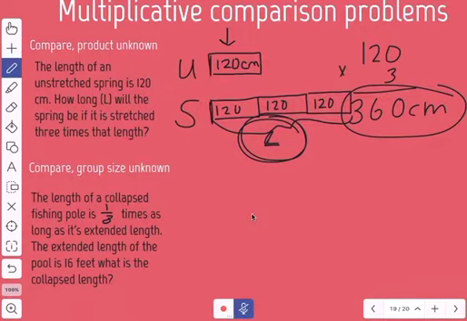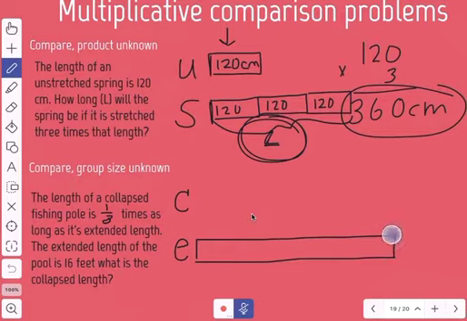We're comparing, but we know the product already. We just don't know how big the groups are. So the length of a collapsed fishing pole is 1/8 as long as its extended length. So I've got 2 sizes. I have the collapsed and the extended. I know that the extended is going to be 8 times as long because 1/8 of is the same thing as 8